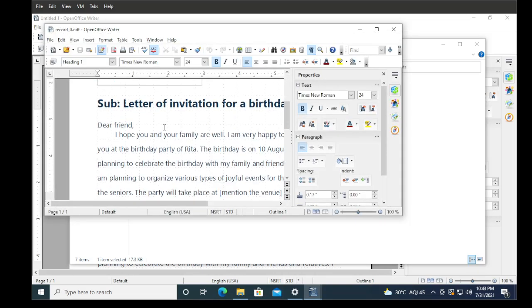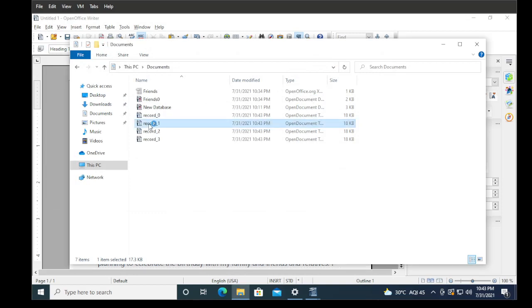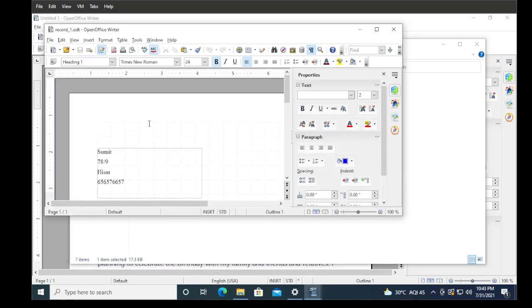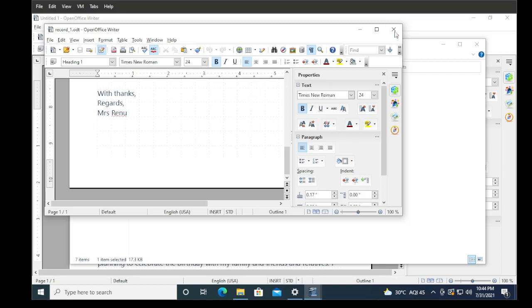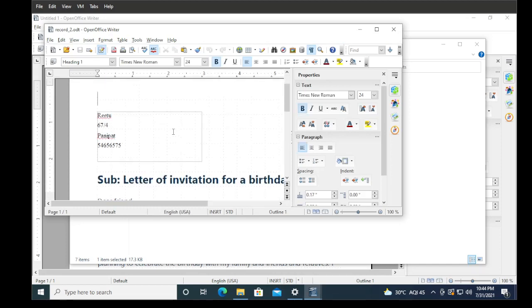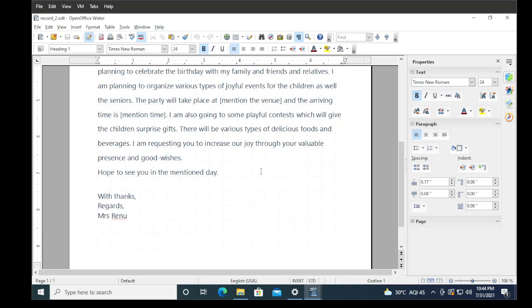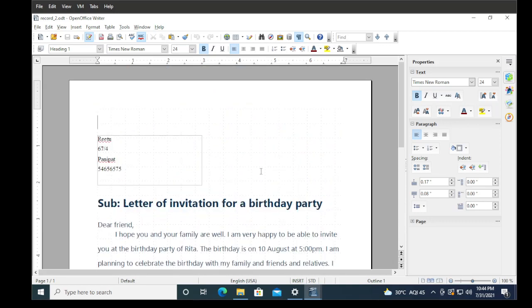You can see Ankit's record is there. If I click on record 1, you can see Sumit's letter is there. If I click on record 2, Ritu's letter is in front of you. All the letters were created automatically, so this way you can save your merge documents individually.